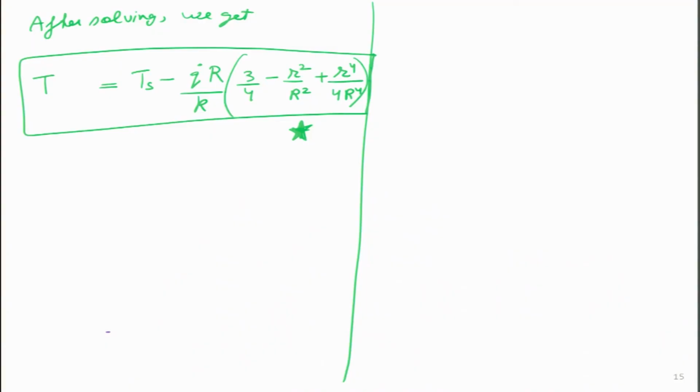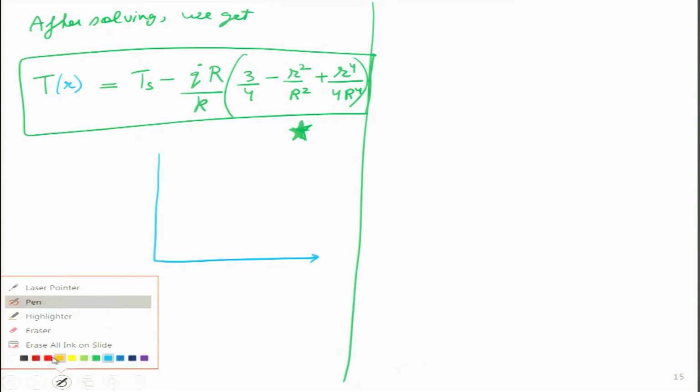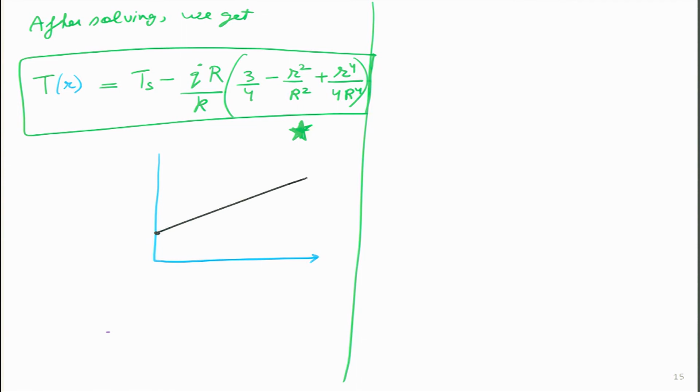Isn't it beautiful? Now, one question a student will ask immediately: sir, this whole thing looks like it is only a function of r, because I do not see any x here. Do I see any x? On the right hand side, is there any variation in x? If there is no variation in x, then how will we get this type of a temperature increase? You remember, inside the pipe our temperature is going like this.